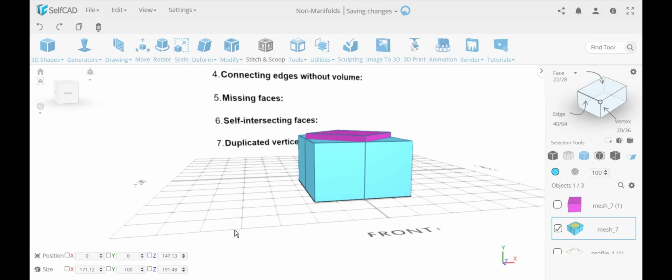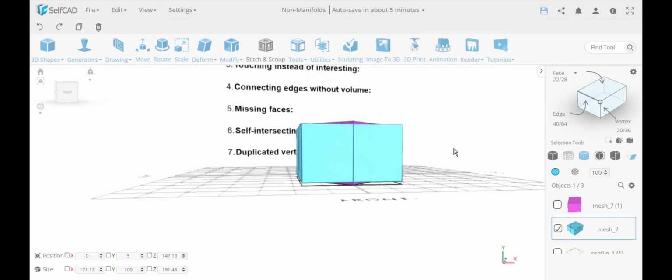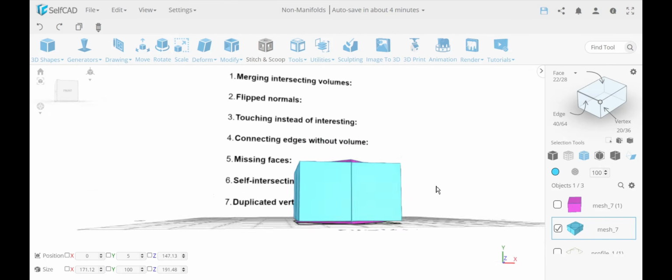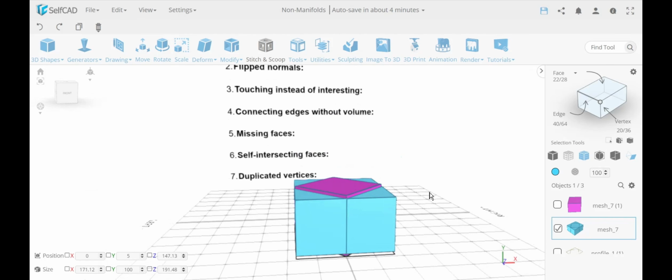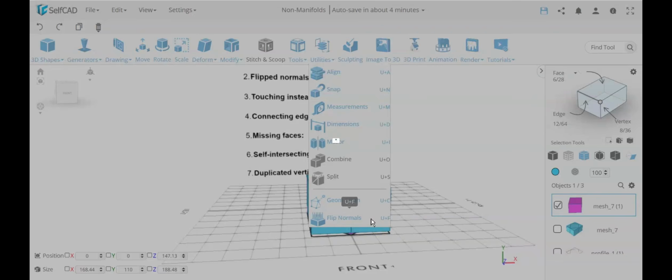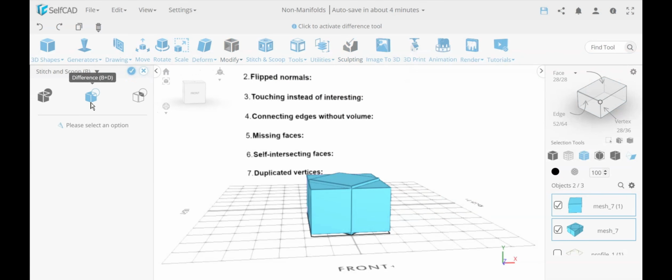So first what I'm going to do is move this up a little bit, doesn't matter how much, you can move it up by, let's say, 5 to be half, so it sticks out on both sides, and this is the same example I said before, where you have touching instead of intersection, so you always want to have it go out from one side a little bit. And now I have to flip back the normals, which is again flip normal example number 2, a good example of how this can happen. I flip back the normals, and now if I take these two and I cut out this piece,